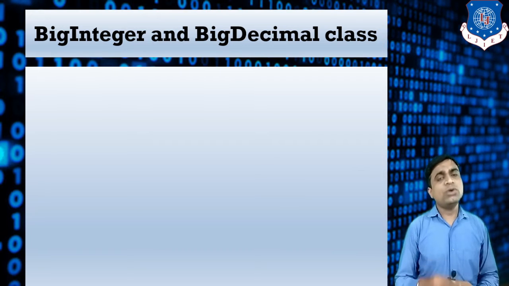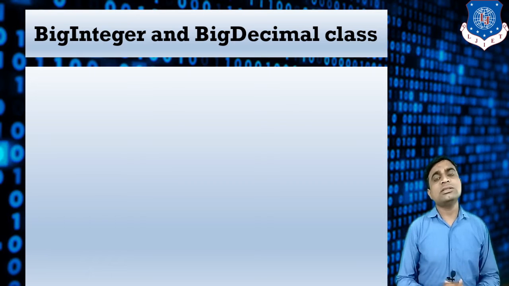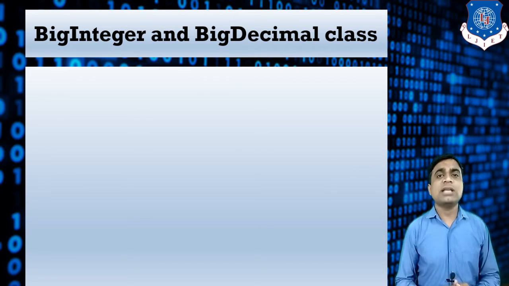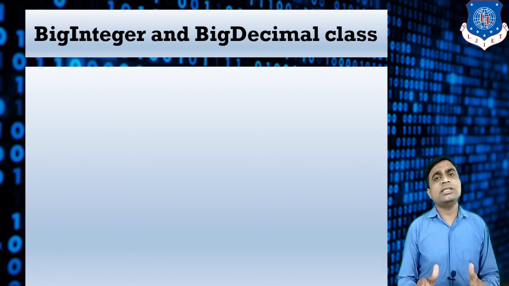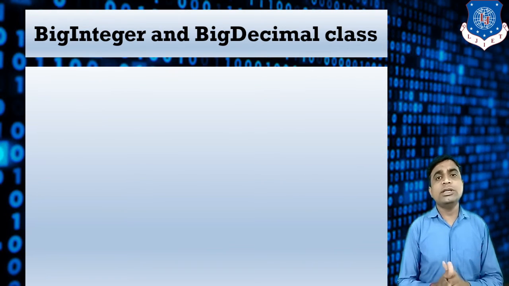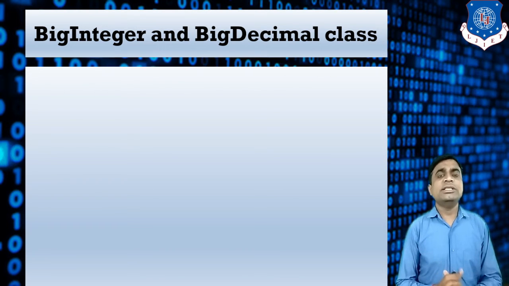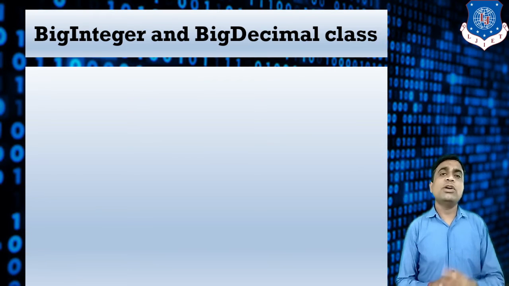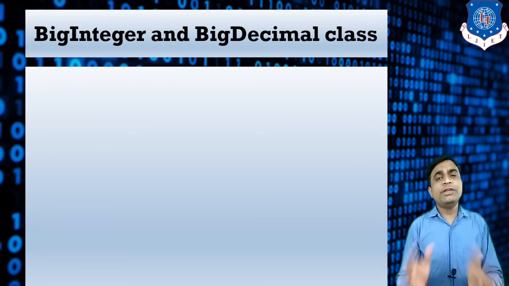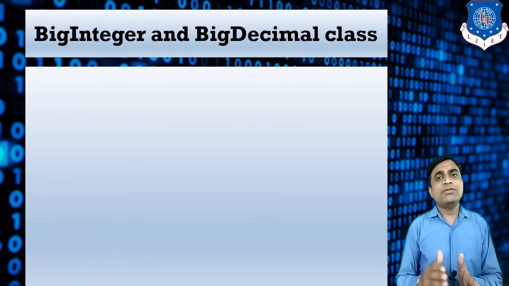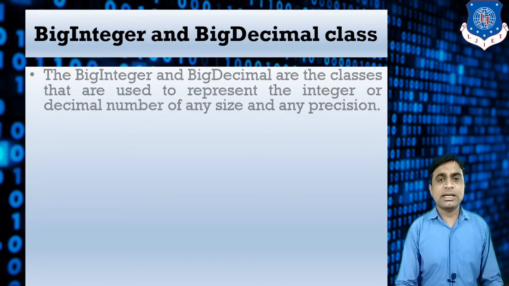So if you are using an integer data type, there is some limitation of the range. But if you want to prepare that type of program, we have two classes, that is BigInteger and BigDecimal class. In BigInteger, any range of the integer number will be displayed. Suppose you are talking about a 20 digit number or 70 digit number, that will be easily printed as an output. Same if you are talking about the BigDecimal class. Suppose you want to print a 50 precision number, after the point you want to display 50 digits, that is possible using the BigDecimal class.